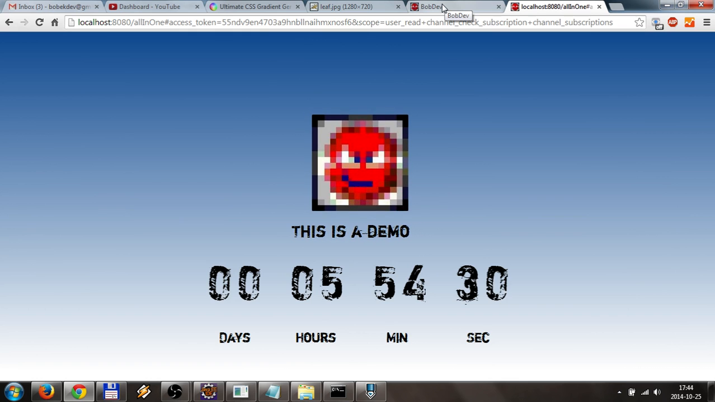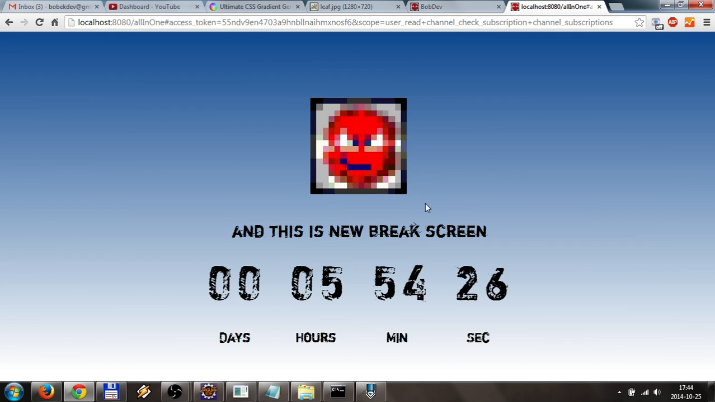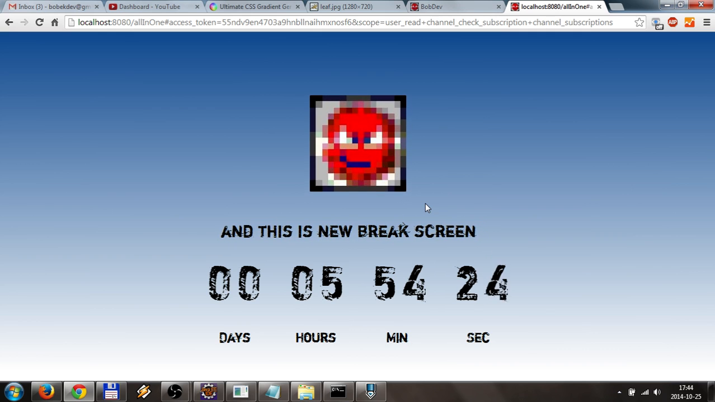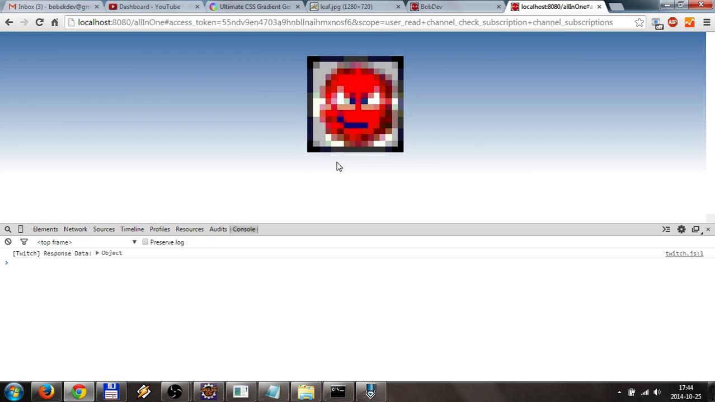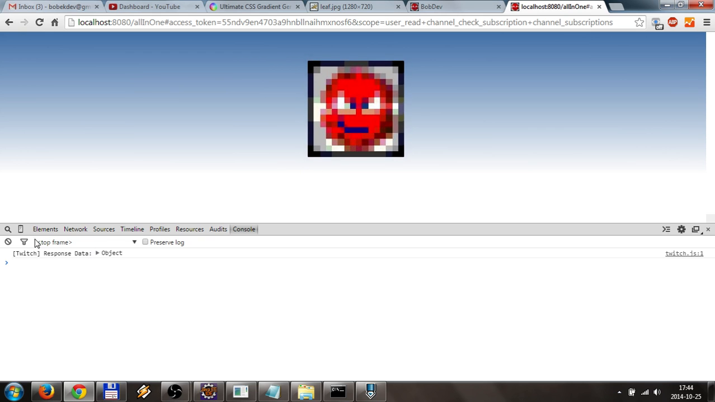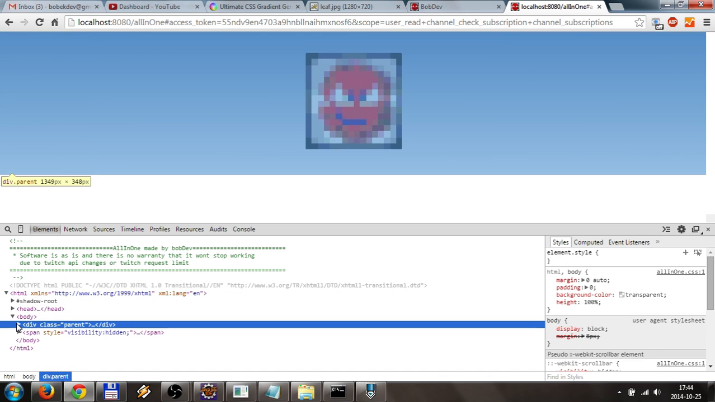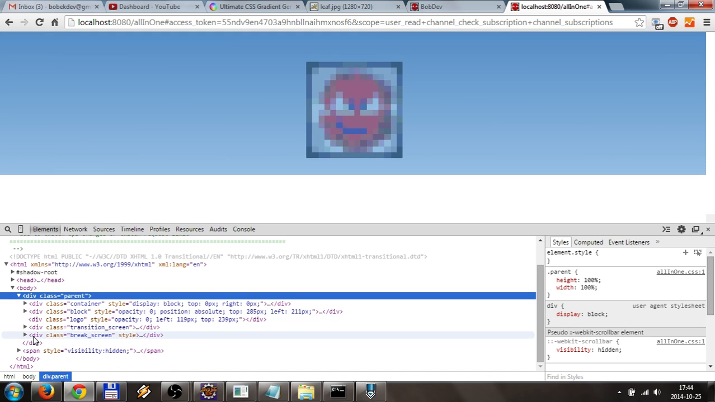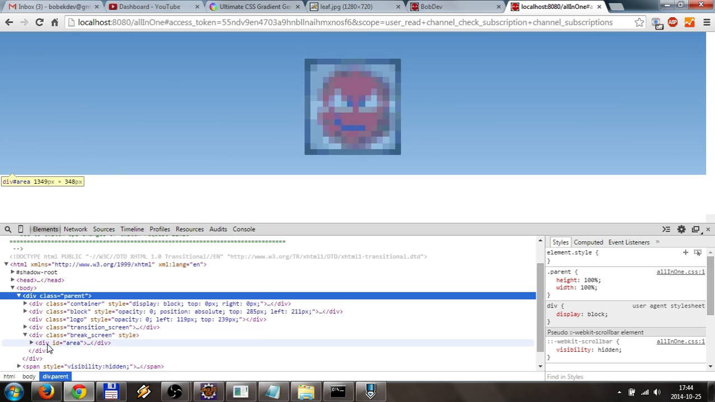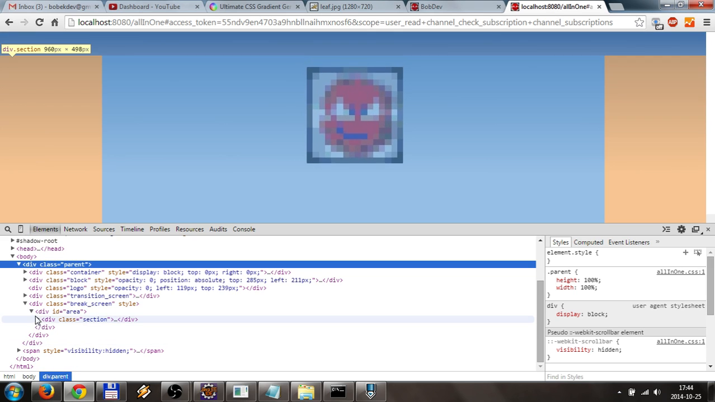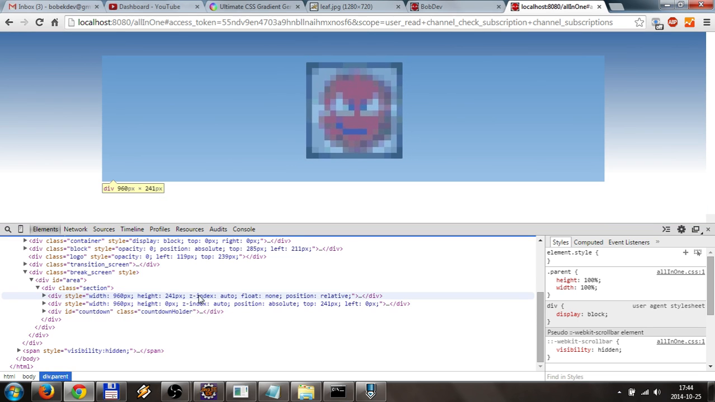Yeah, I will look into that, why it didn't happen on the first go. Okay, so this is the transition screen. Let's enable the console again, and the break screen, sorry. And the break screen is also in the parent element, and the break screen has the area section, and we have the